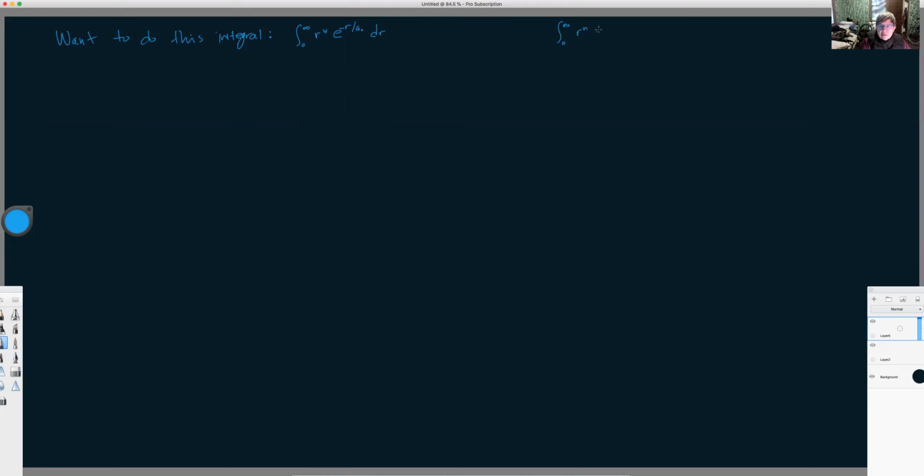We're going to show you that again. So for instance, e to the minus r over a naught. This can be any constant, this one over a naught. dr, and we know that the answer is n factorial a naught to the n plus 1. So that is the answer, but the way this was derived was by doing this special technique. So let's take a look at it again. We did this in class, but all right. So I want to point out here that we have an integral